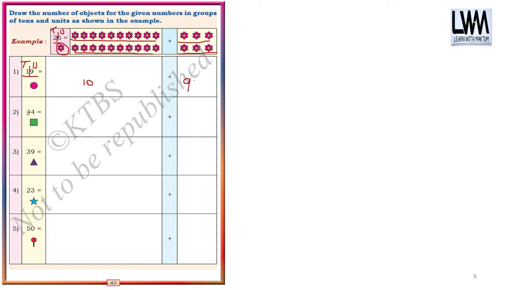The same way here, in the second one, squares, you have to draw how many? 44 is there. So if you divide that, how many tens are you going to draw? 4 groups of tens you are going to draw, and the remaining 4 units you are going to draw. Understood? Here you have to draw 4 tens groups, then here the remaining 4 squares individually. The same with 39: 3 tens groups and 9 units you are going to draw. Okay. The same way, think of the remaining two. How many tens and how many units are you going to draw?